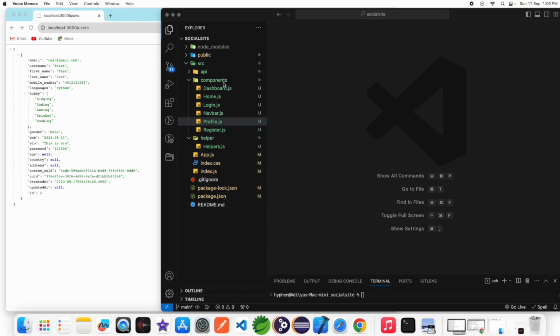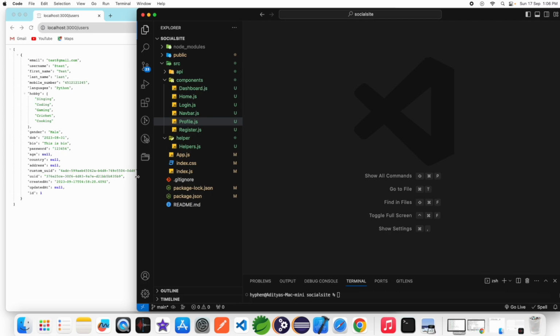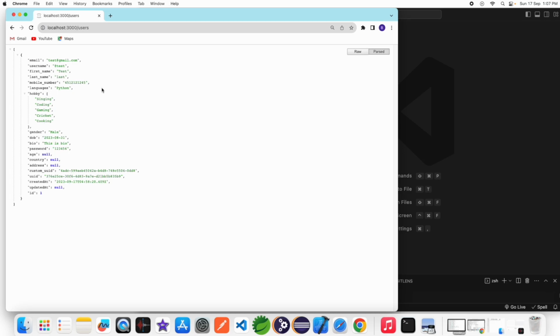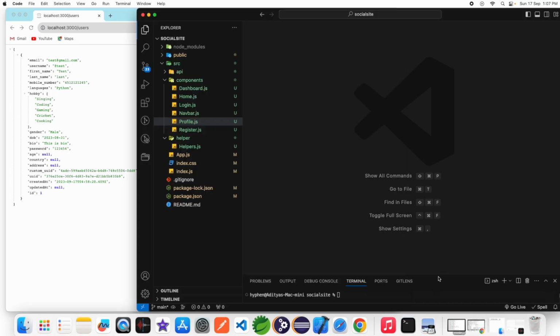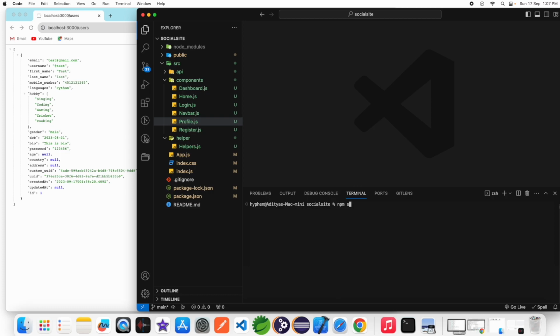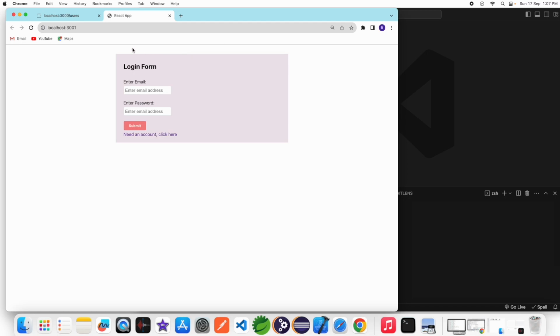In the previous video, I showed the whole code structure up till now, and from now I will use the context of React hook. But first, start the server. npm start. This is running on port 3001, and after starting the server,